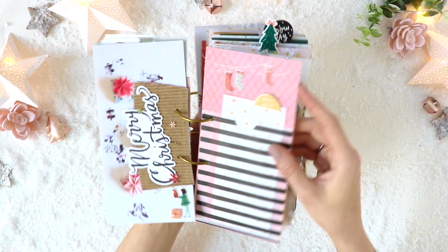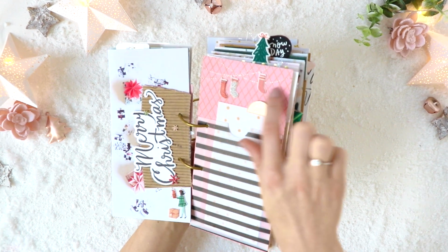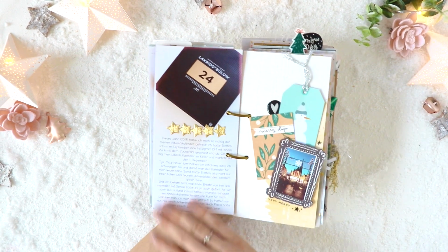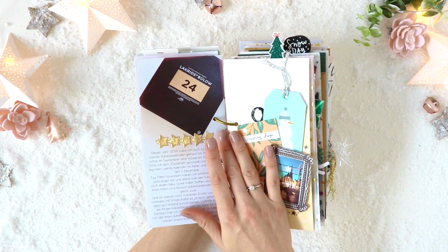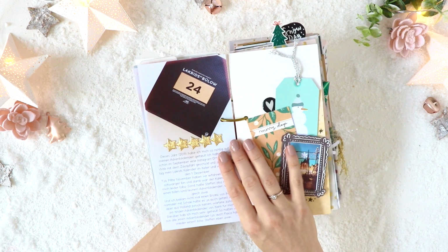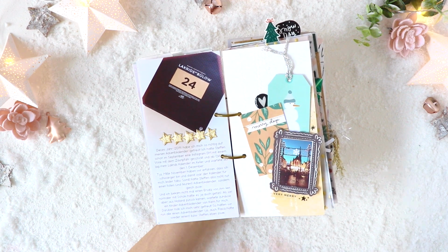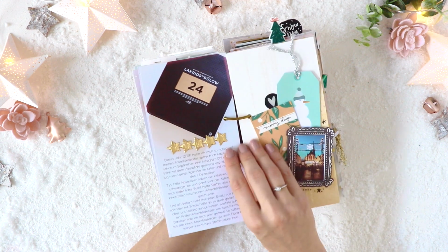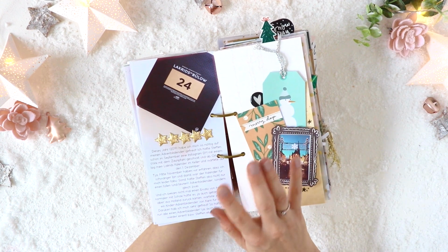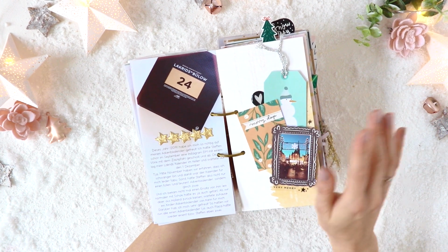So yeah, and some puffy stickers, and I add some little stitching here to make it look like a garland. Another full page photo. This was of my advent calendar from 2019, which I was really excited about. It was for licorice, and I got the calendar in, I think, October. I told my husband that I really wanted this, so he ordered it as like an early bird sale thing,